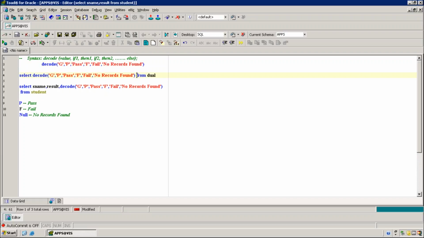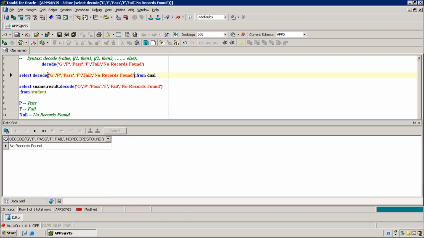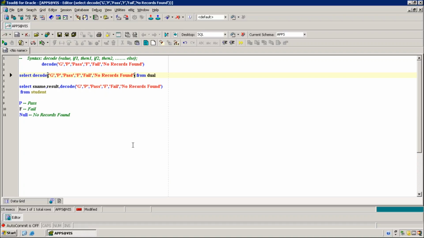Now, what is the value here in the select statement? If I execute this one, what output will come? Is the value matched to the first condition? No, there is no value as G in the student table. Correct. So we have no records found.